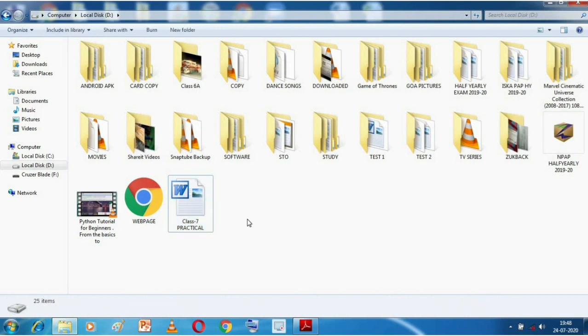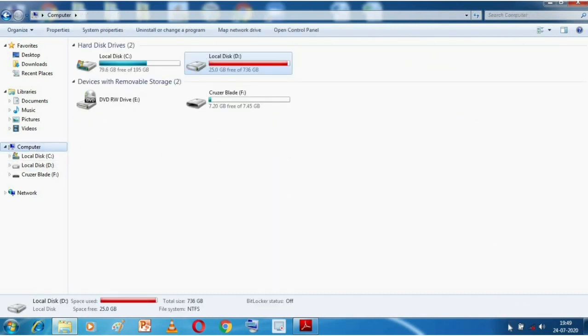The second task is how to safely remove the flash drive. You can remove the flash drive directly by plugging it out of your computer's USB port, but that is not a safe way. So what is the safe way? The safe way to remove a pen drive is by going over here. Can you see this arrow, the bottom arrow on the right hand side of the taskbar?